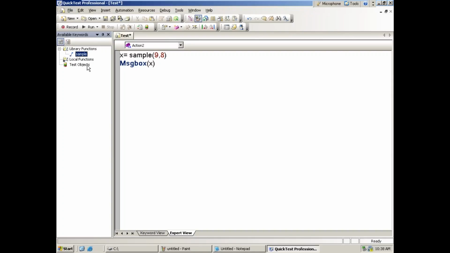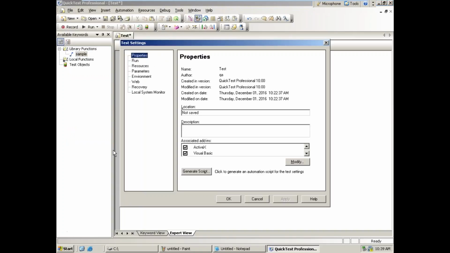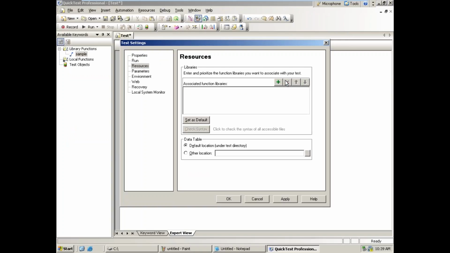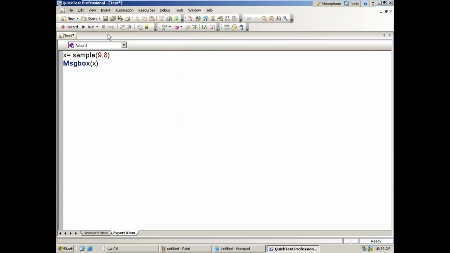Okay. Now I want to delete it. The other possibility, dynamically I want to associate. So I'm going to remove the associated library file. The execution time I want to associate. Then how I can do that? Action 1. Simple syntax here: Execute file, path of the library function file.